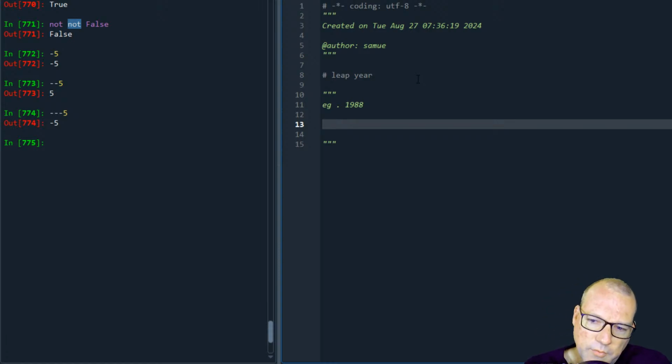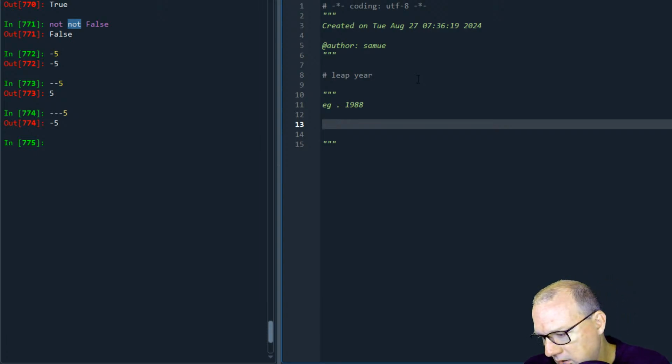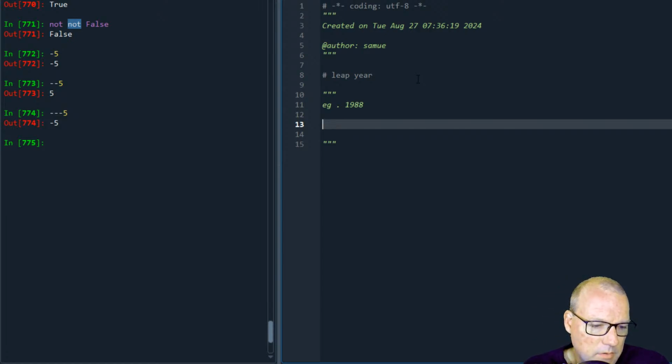So the rules for a leap year are a little bit more complicated than you think they are. We have to think about that as we're going to do this. So what's a leap year? Great question. Every so often on the calendar,